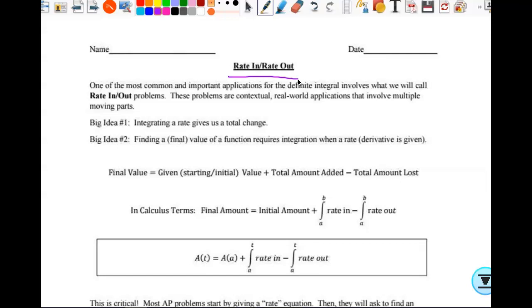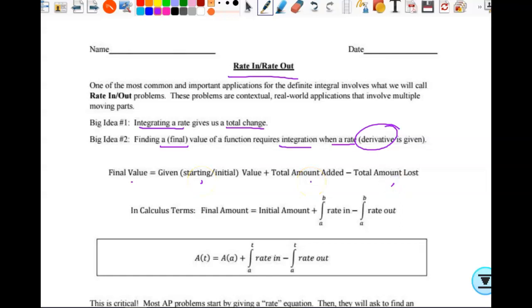So big idea number one, integrating a rate. Integrating a rate gives you a total change. That's what we're looking for, right? Big idea number two, finding a final value of a function requires integration when a rate or a derivative is given. So your final value is your given or your starting value plus your total amount added minus the total